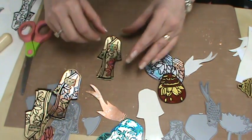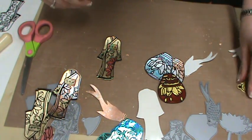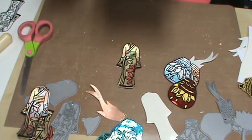So I have samples to show you. I don't even know where to start with my samples. I have so many samples to show you. Okay, you know what? I think the first thing I'm gonna do is show off some of the actual